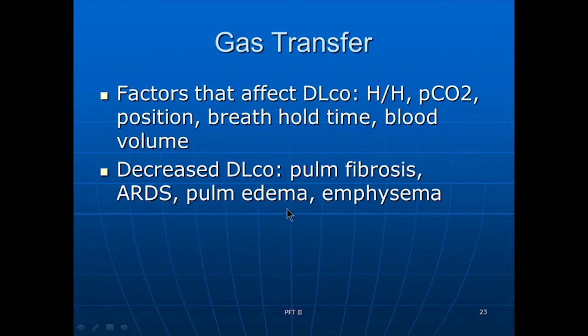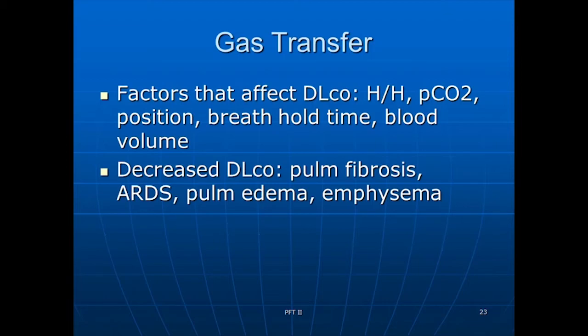These are usually the patients that are more of a restrictive disease because their alveolar capillary membrane is pretty thick. So usually, and not all the time, but for the most part, restrictive lung disease has a decreased DLCO,